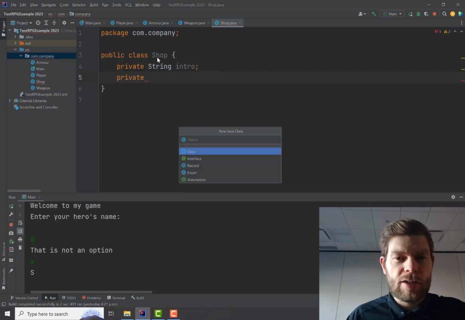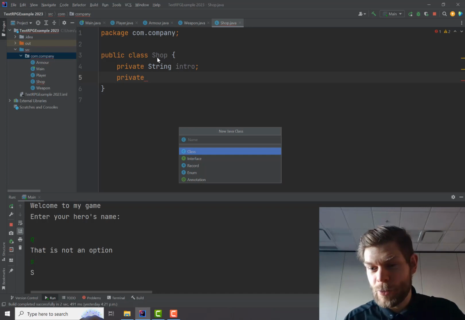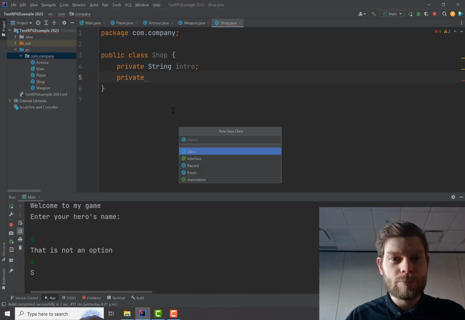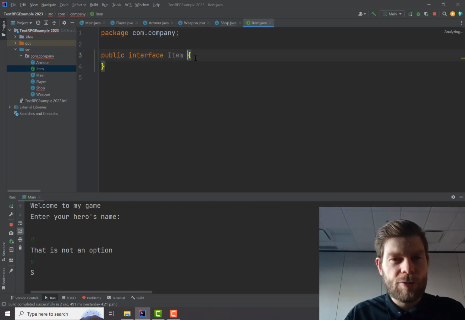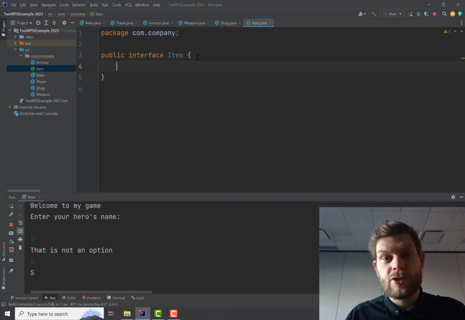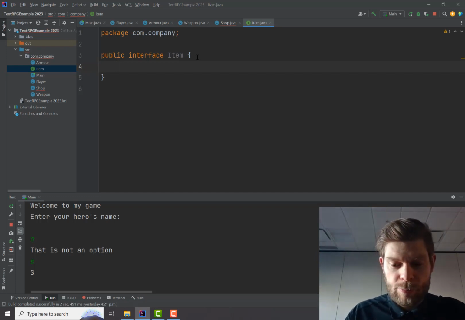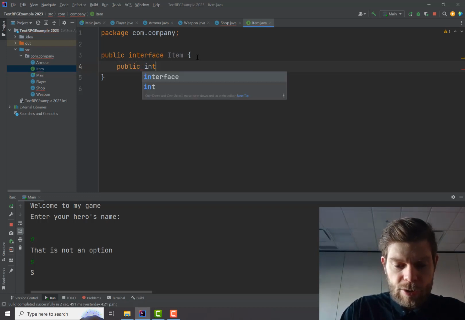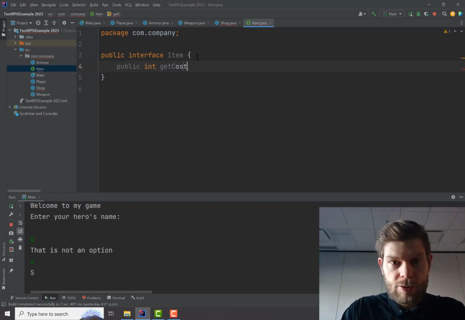I'm going to make an interface, and it's just going to be an item interface. You can jump to the interface thing if you want, and I'm just going to say all items have a getCost method. So I'm going to do public int getCost,